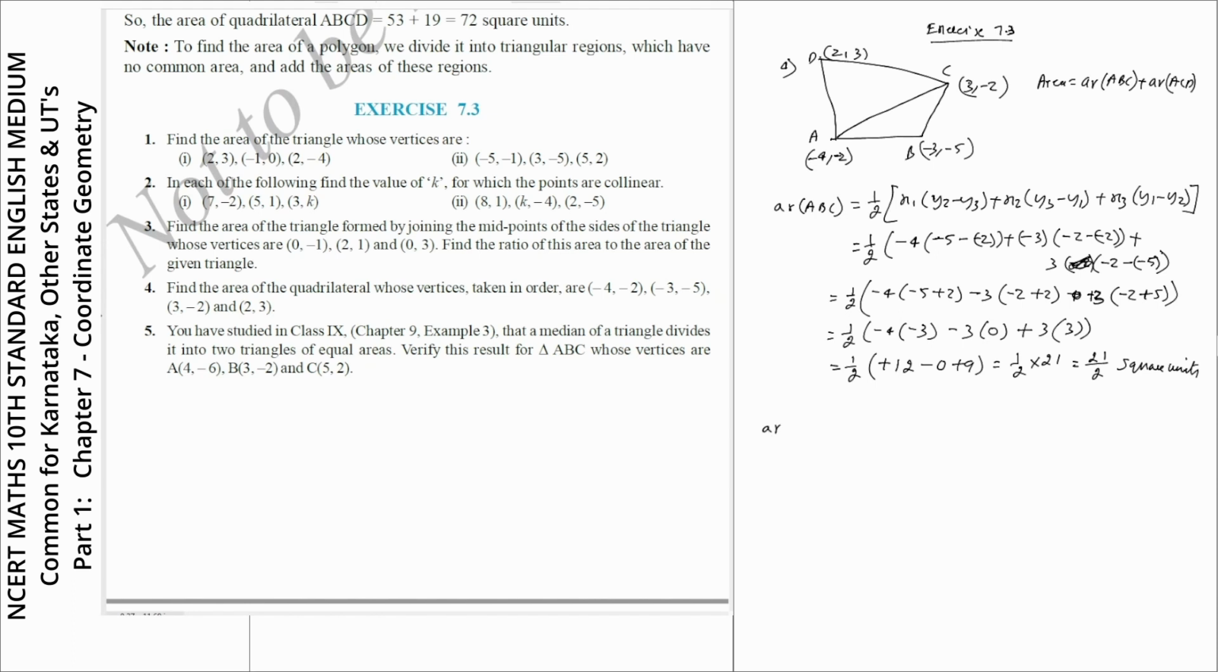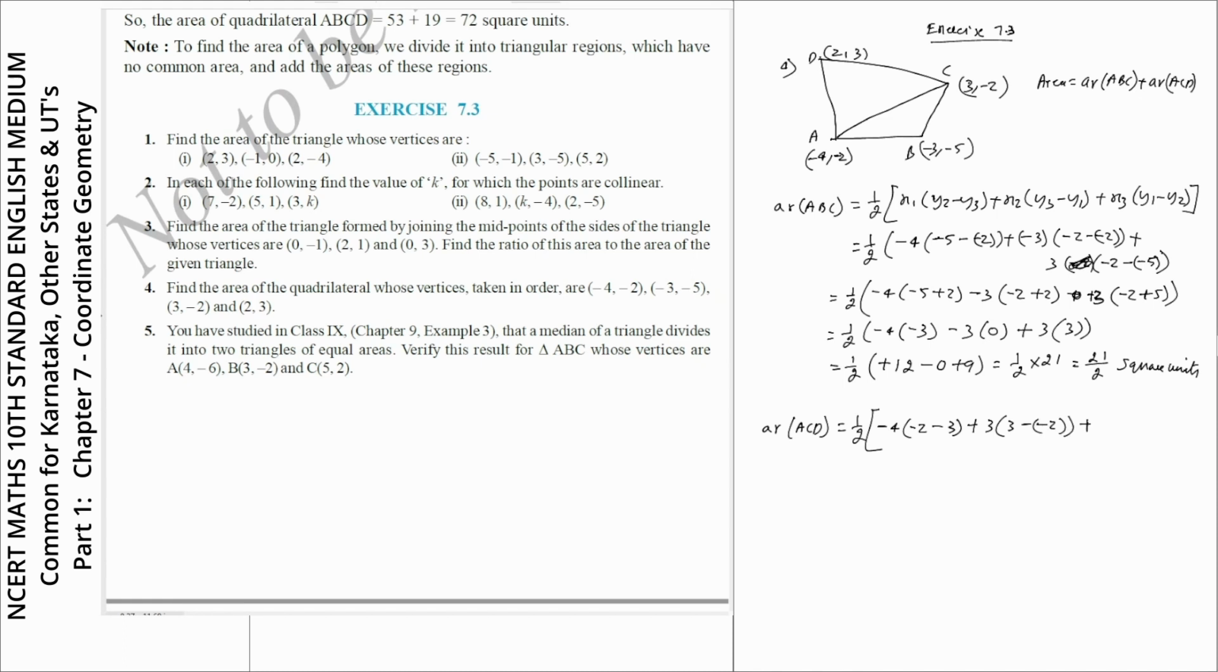Now area of triangle ACD is equal to half. Now I'll take x1 y1 as A, x2 y2 as C, and x3 y3 as D. Now half into, so x1 is minus 4 into y2 minus y3, so y2 is minus 2, minus y3 is 3, then plus x2 is 3, then y3 minus y1, y3 is 3, minus of y1 is minus 2, so minus of minus 2,